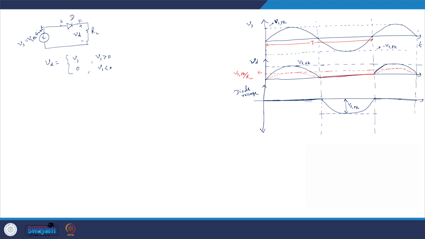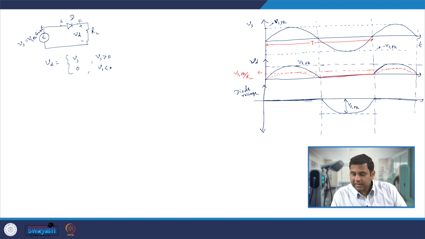So with this we can see that the current supply to the load, or the power supply to the load, is only happening in the positive half cycle, that means just the T by 2 period, while in the rest of the T by 2 period there is no power delivered to the load. Now, since our voltage is of the shape of a half sine wave, then 0, and then again the half sine wave,